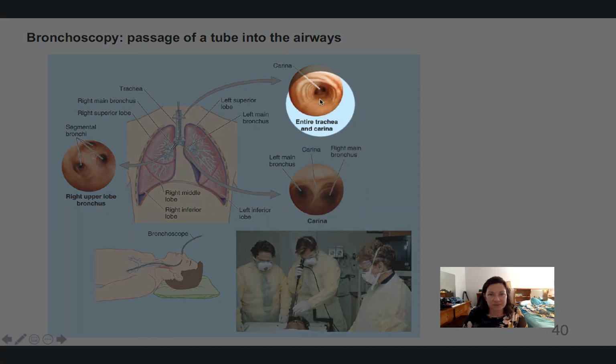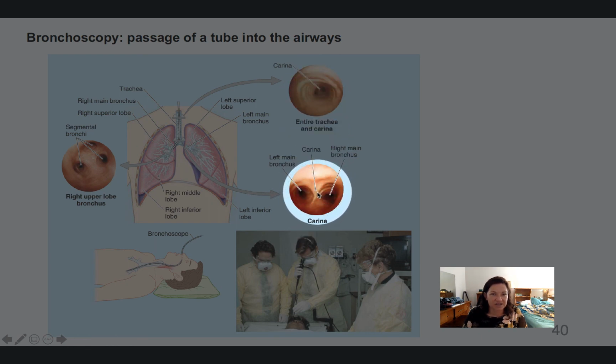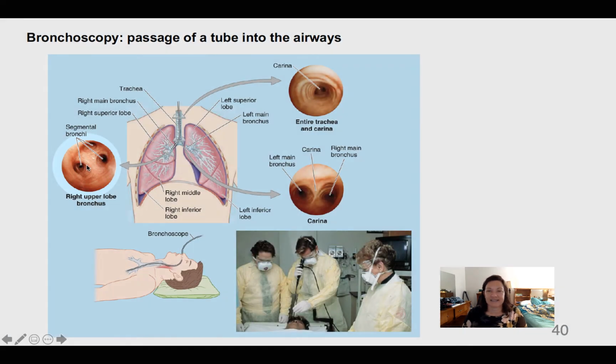So here, this is what the fibrous rings of the whole trachea look like, looking down on the branch point into the lungs, which is the carina. Here's at the level of the cartilaginous carina, the branch point, and this is from the perspective of you're driving this from the head of the patient, so the left and the right bronchi are on either side. And here you've chosen to enter the right lung. So you've taken the sort of right main bronchus, and actually you're in an upper lobar bronchi, and you can see progressively smaller segmental bronchi as you progress more distally down the